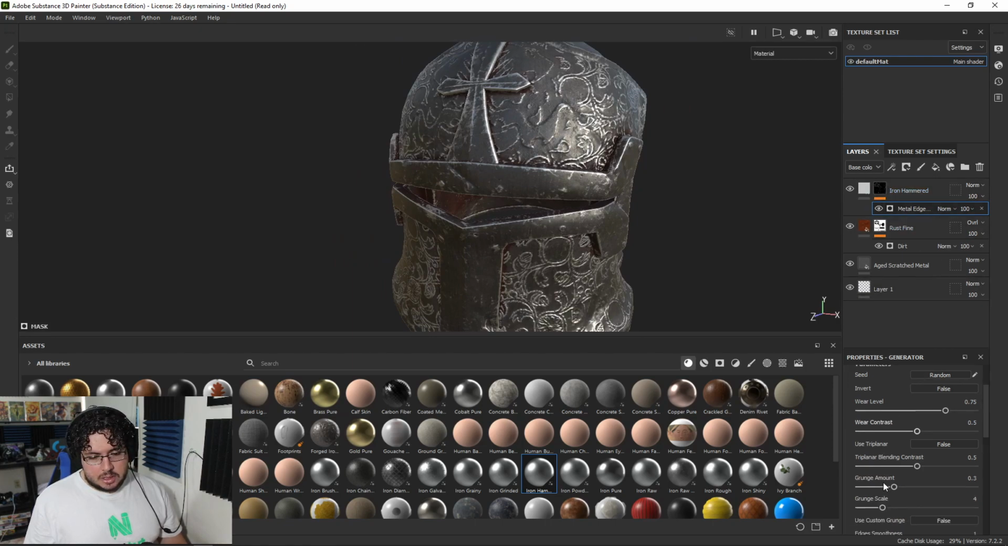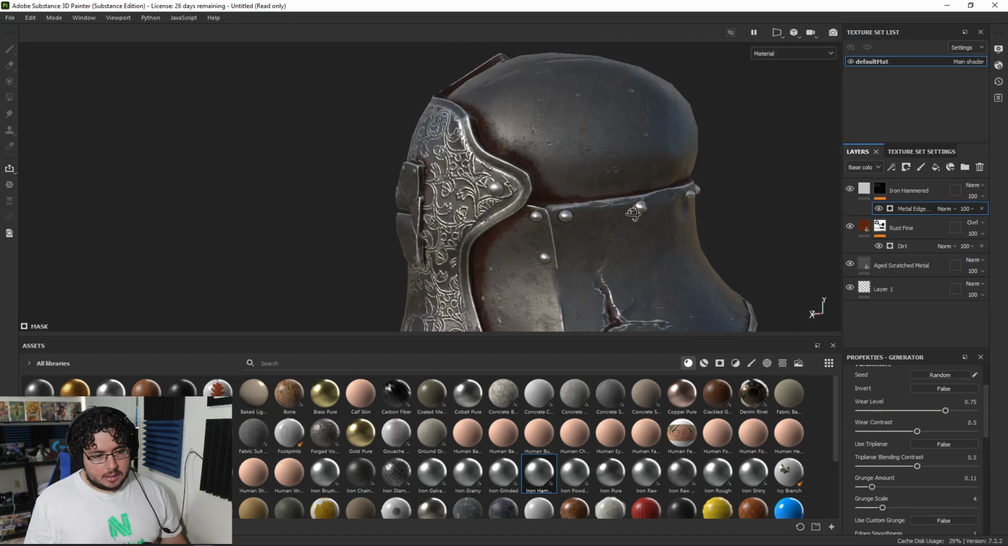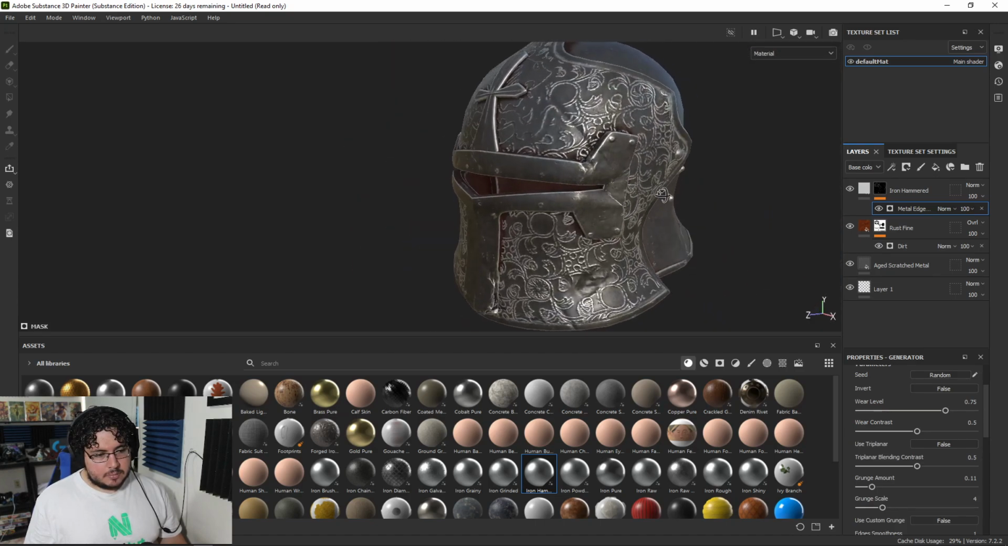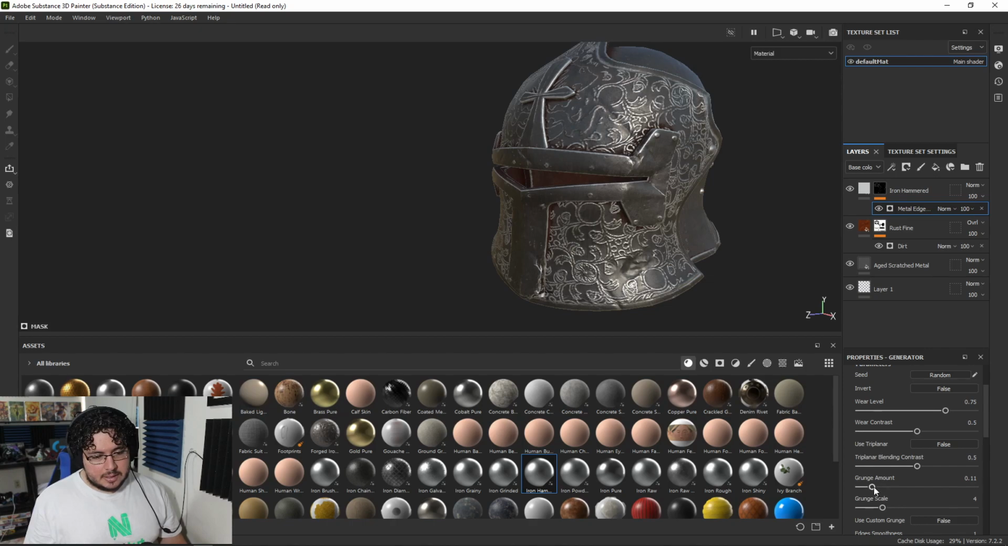Now one thing I am going to change here, I'm going to get rid of the grunge amount because I only want the edges to be affected by it, not everywhere else. It's just the edges of my helmet. That's looking very nice. I think I'm going to soften the contrast and lower the intensity of the wear level